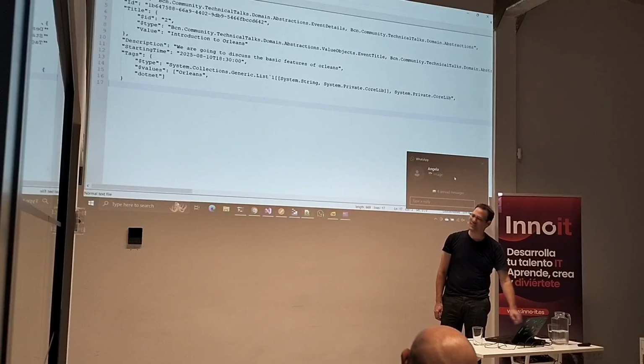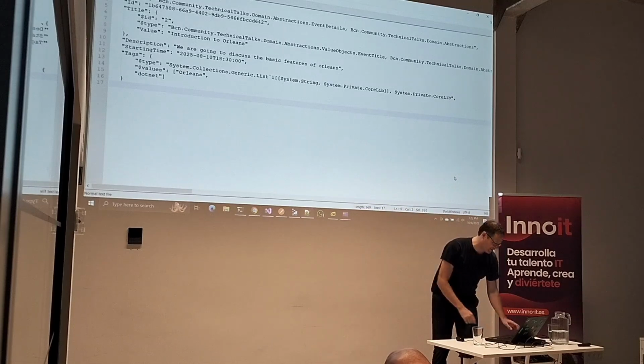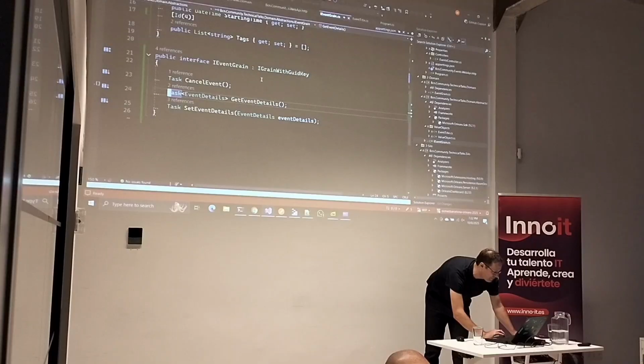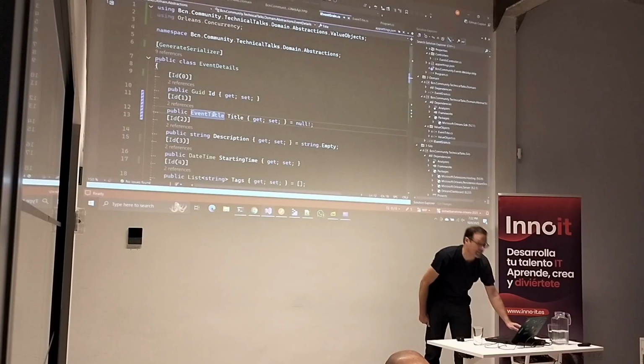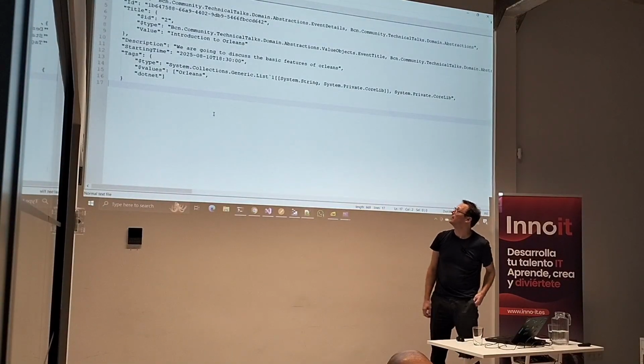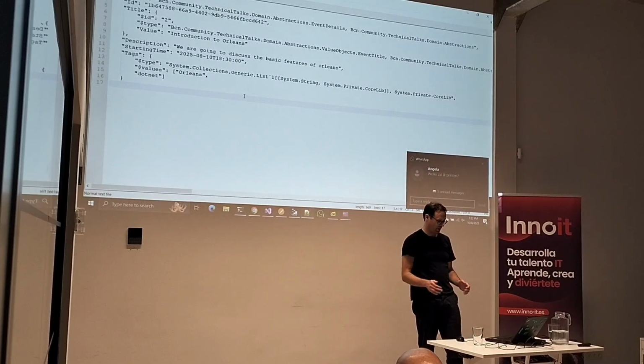Now, one thing that is interesting, and you see the title object there. Remember that in our application, we have a value object. That is our title. And the interesting thing is that without doing anything extra, it serializes. Also, in here you see the values for the tags, which are Orleans and .NET, and it all gets automatically persisted. So you don't need to think about anything when persisting things or when modeling. So you can, with a certain carelessness, develop your